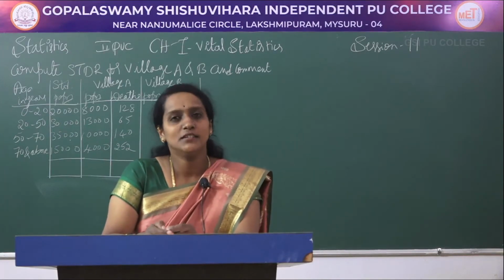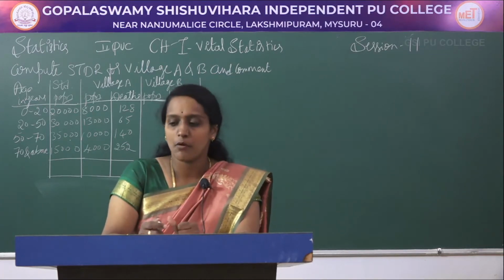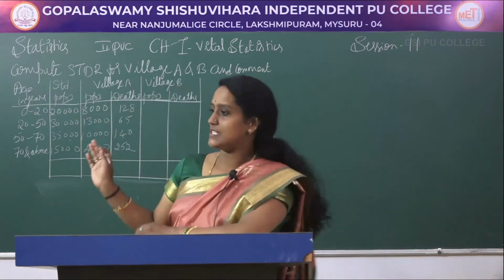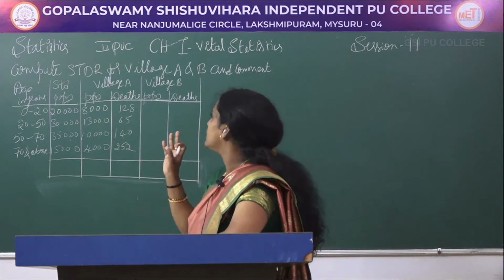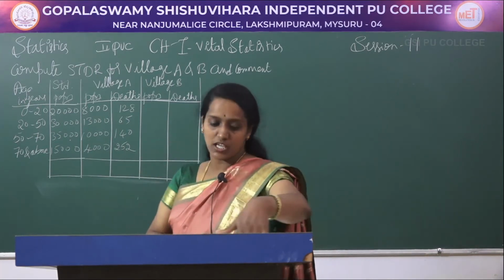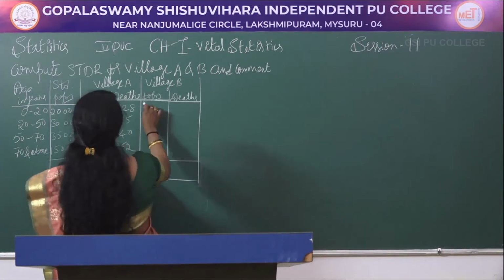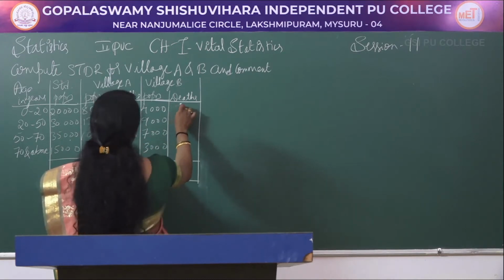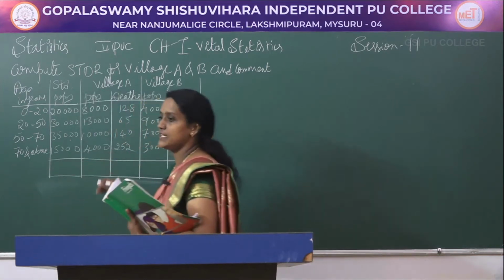Today we are continuing the same concept, that is SDR, STDR, standardized death rate, and this type of problem for 10 marks. Okay, this is the problem they have given. Just see the problem. It is age in years, standard population they have given, and the village A and village B. Village A population they have given, and similarly for village B population it is 4,000, 9,000, 7,000, 3,000, and deaths are 72, 54, 98, 129. So this is the data they have given.